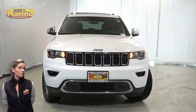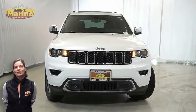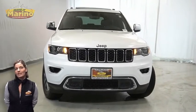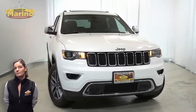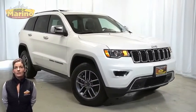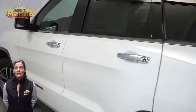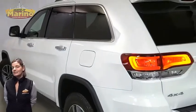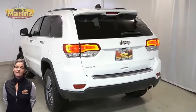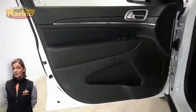Looking for a highly equipped SUV with all the right options and reliability? We'll take a look at this certified pre-owned 2021 Jeep Grand Cherokee Limited in bright white. With halogen quad headlamps, premium fog lamps, 18-inch aluminum wheels, power heated mirrors, LED tail lamps, heated and ventilated front seats, heated steering wheel, only 4,000 miles on the odometer,